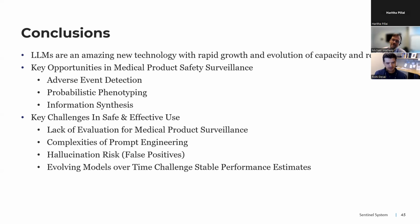There's one more question rolling in as we try to wrap up. Would FDA accept future applications that solely rely on LLMs for safety signal identification and evaluation, or are we far from it? I don't know, Michael, if you have thoughts, but I think that day is not any closer than we might want. I do not in any way speak for the FDA, nor should my comments be construed as such. I'm my own academic individual, but I would say the FDA has been really careful and rigorous